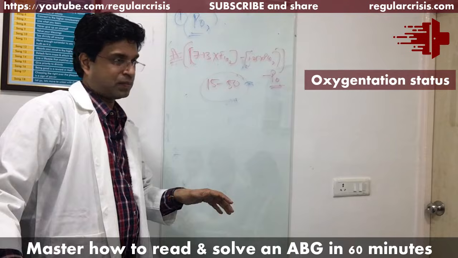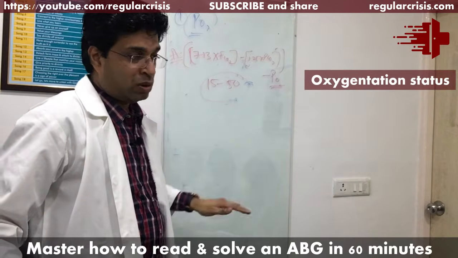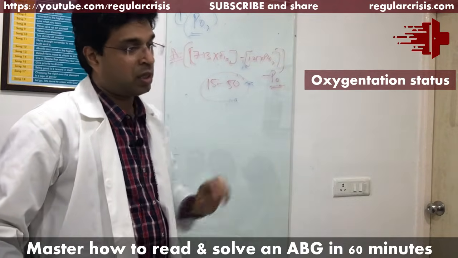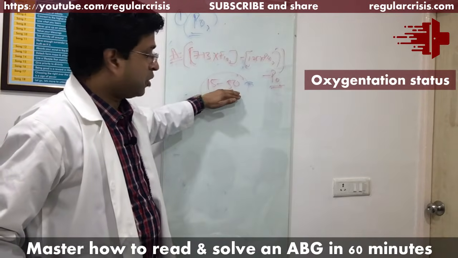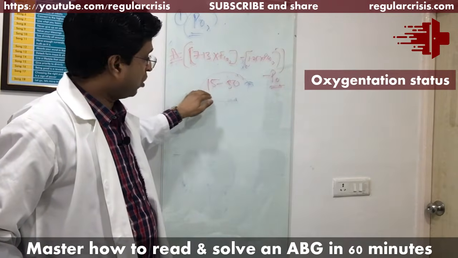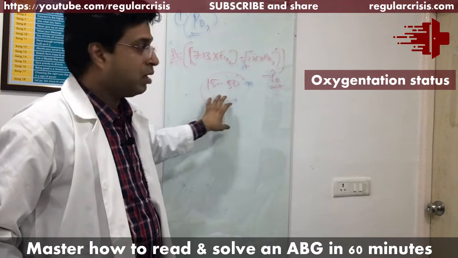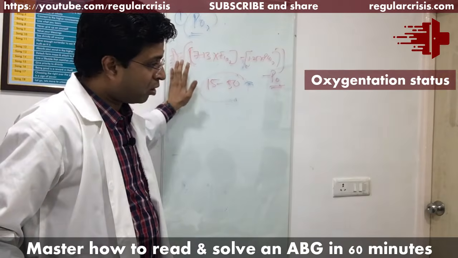Lungs are not so bad. So the alveolar arterial gradient denotes whether your diffusion across the alveoli to the arteries of the lung is normal or abnormal. If it is between 15 to 50, ranging from 21% FiO2 to 100% FiO2, it means the lungs are quite okay. If it is more, that means there is definite pathology in the lung. Got your point?